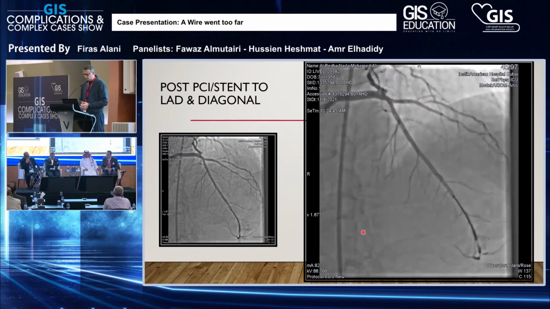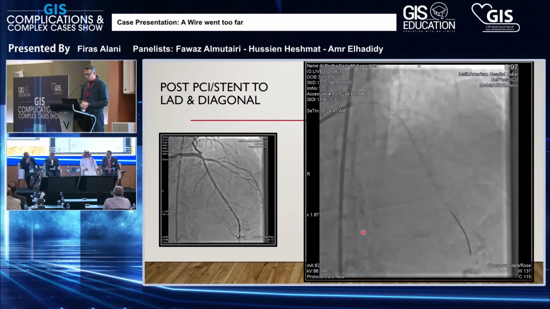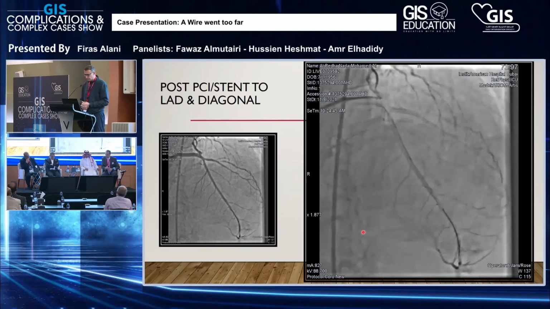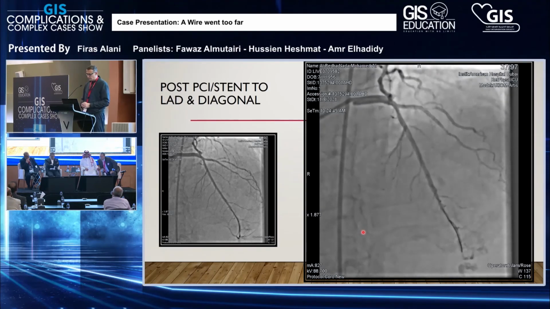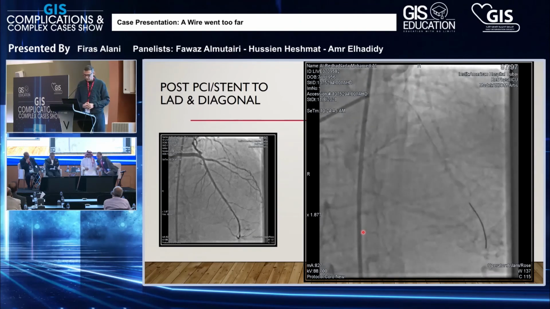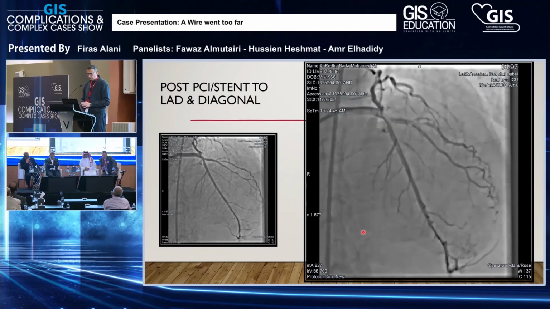So this is the after PCI. You can see the 2.25 stent in the diagonal, and then the 3.0, or I'm sorry, 2.5 post-dilated into the LAD. So the patient doesn't have any issues here. We get her back to the floor. Next slide. And 4 hours later,